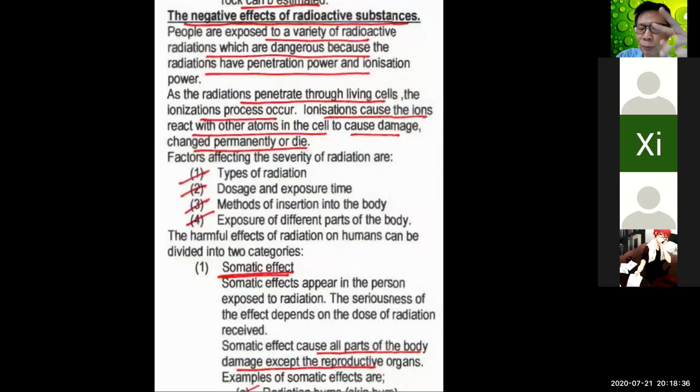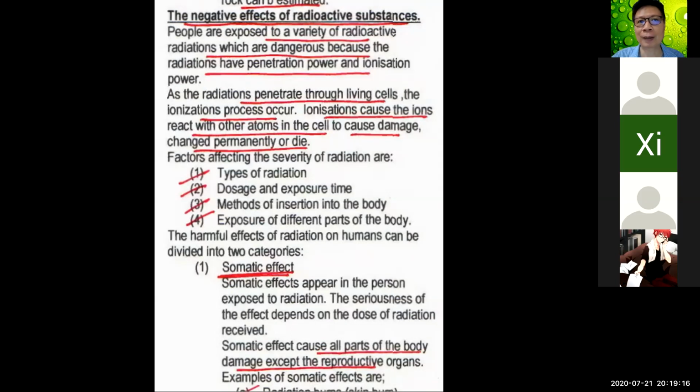Between men and women, men is more dangerous. Men's are testes and sperm, because that one is easily exposed to radiation. The testes and the sperm are outside the body, not inside the body, so exposed to radiation. Ladies are not so bad, because the ovary is covered inside the body. So it's very important to wear some protective clothes, especially men.